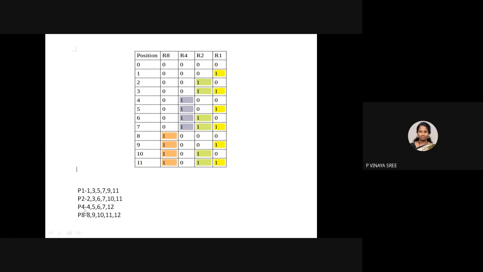First of all, you should not write this directly. In your notes, you have to write all 16 combinations. In that, you are using until 12. Why? Because including your message and parity, it will be only 12 bits.